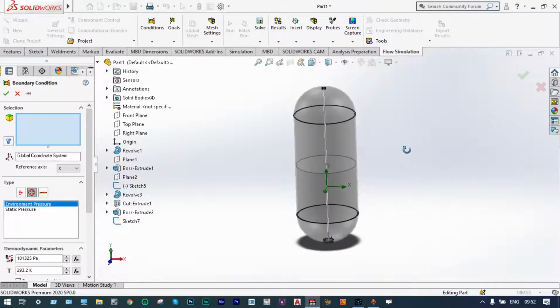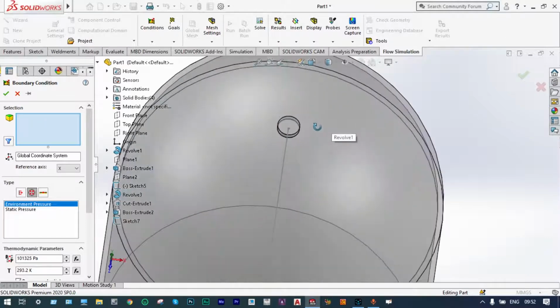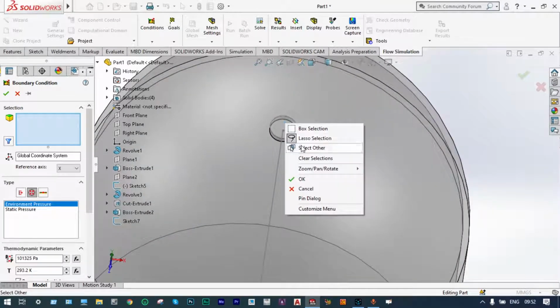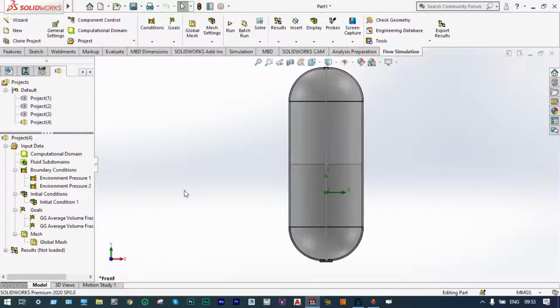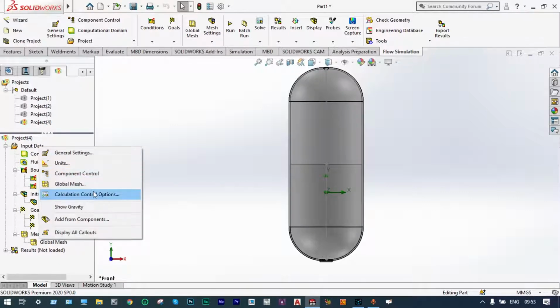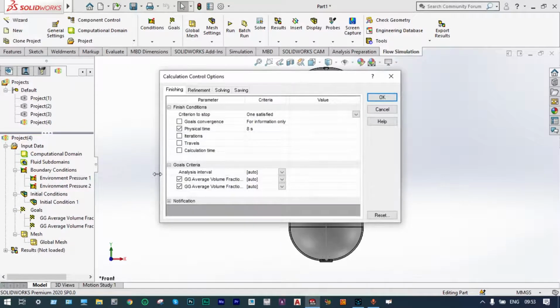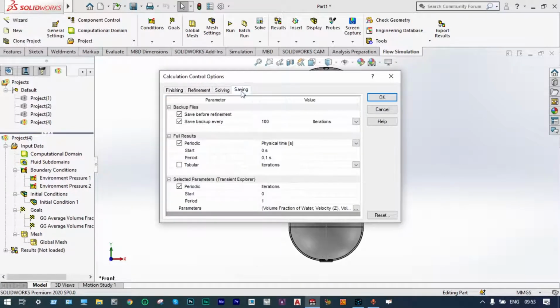Rotate view. Select other. Face of extrude boss base 1 is selected. Go and check. Next one, we have to start with the input data, and we have to select calculation control options,